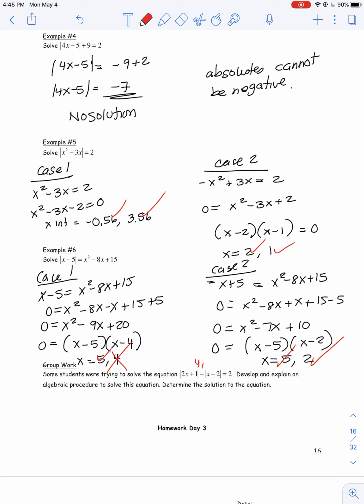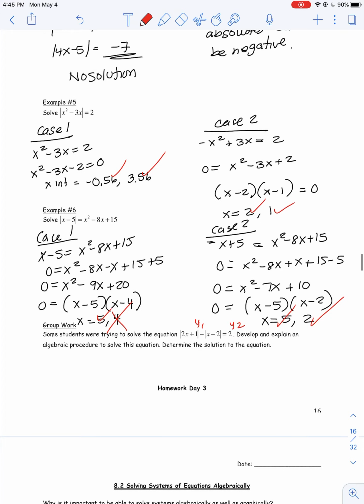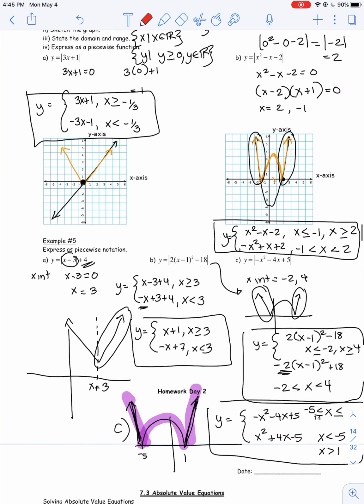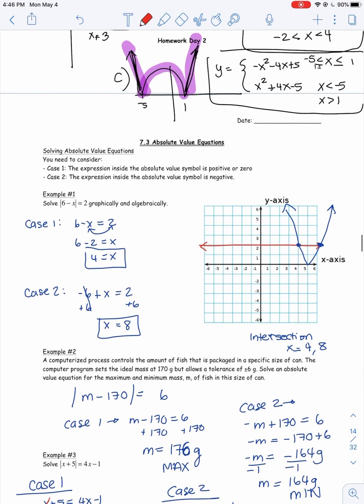Now with this one, if you want to do these, there's multiple different things. I would actually do this one graphically. So I would just go, this is y1, this is y2, and find the intersection. So that would be the fastest way to do those kind of ones. But that one's a little bit above what the curriculum says. So we're going to